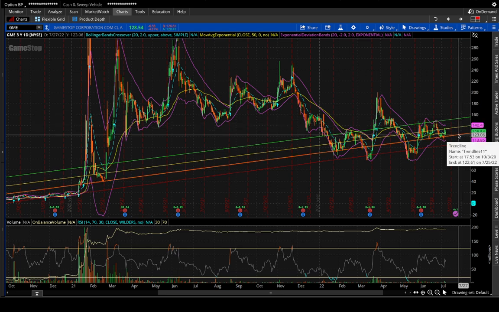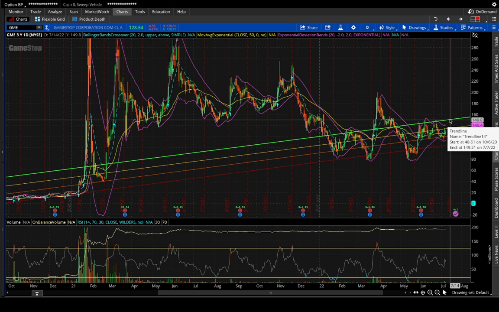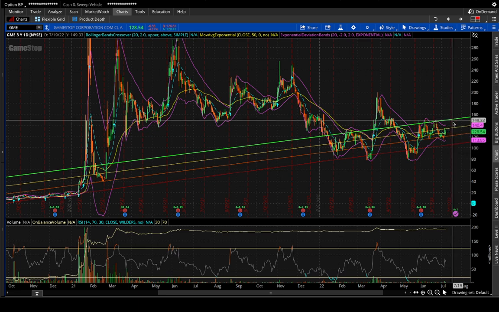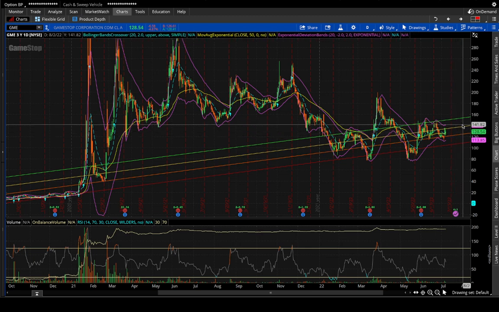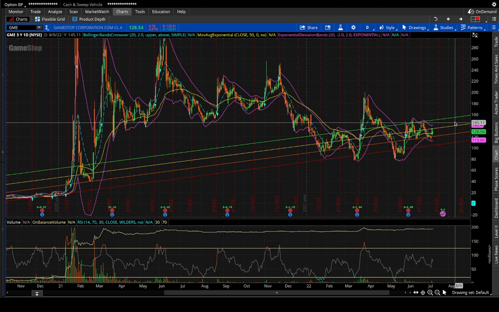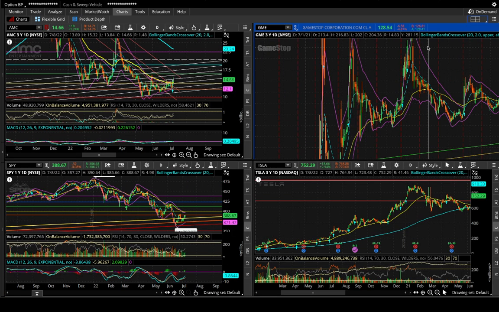So GameStop might experience some chop via that dividend, but shorts are going to have a tough decision. They're the ones that have to pay out this dividend, so they're either going to have to choose to micro cover some of these positions this week, or think that they're just going to get away with more shares, or I don't know what their thought process is if they don't push this thing up to 150 on a micro cover, because if they stay in this thing, once this dividend fully shakes out, it's going to turn into a Tesla style macro squeeze, and that's when the second scenario comes into play for AMC, where it's in the meme basket.